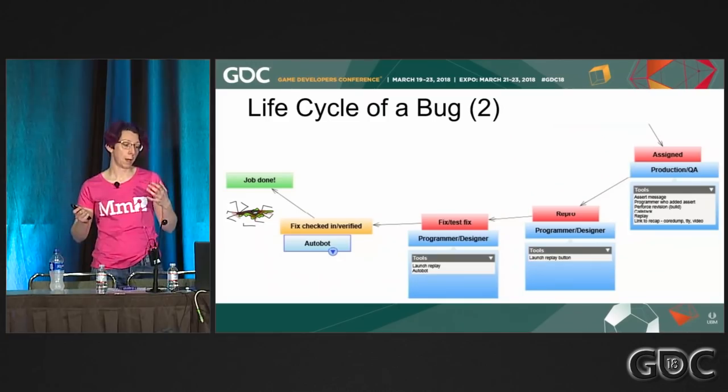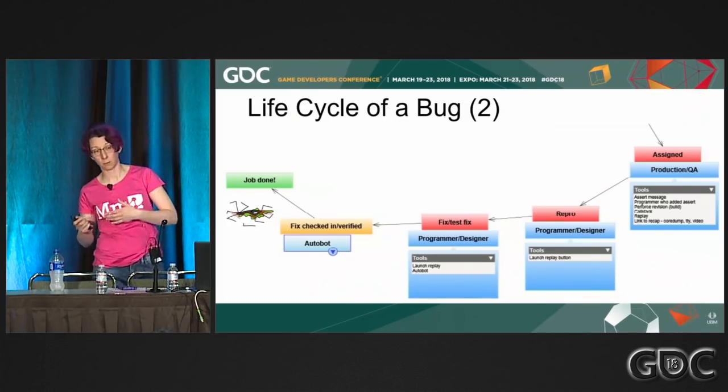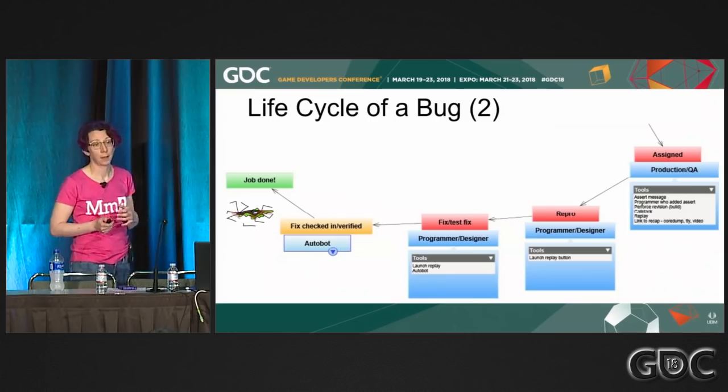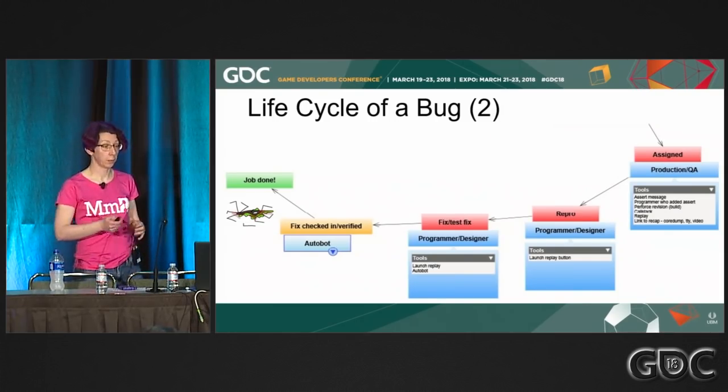Then when you've fixed the bug, we've got some more tools to help you to check that you've fixed it, and check that you haven't broken anything else whilst doing the fix. Then once you've checked in your fix, more tools for QA to verify the fix, and of course it goes back through our automated testing system to check that nothing else got broken on the way. And then job done. You've deployed a new build. Everyone can now work again and create cool stuff.